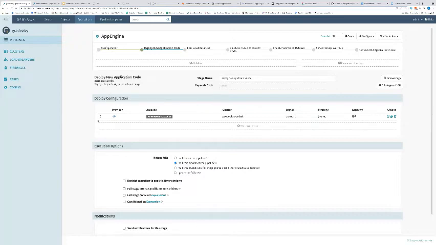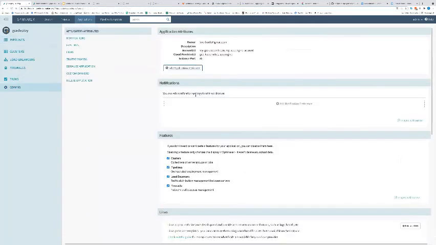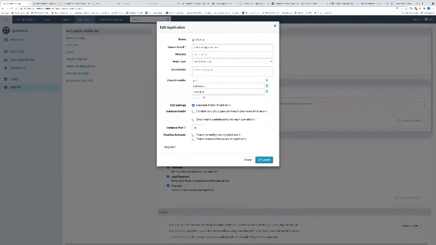Here, as you can see, App Engine is a first-class citizen in Spinnaker. So it's very easy. I can simply set up my App Engine deployment. When I configure my app here, and it asks what cloud providers I want to use, you can see App Engine there being that first-class citizen.